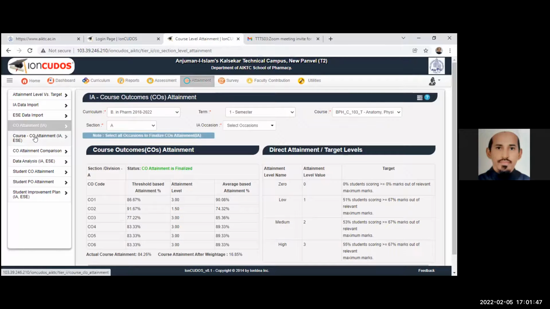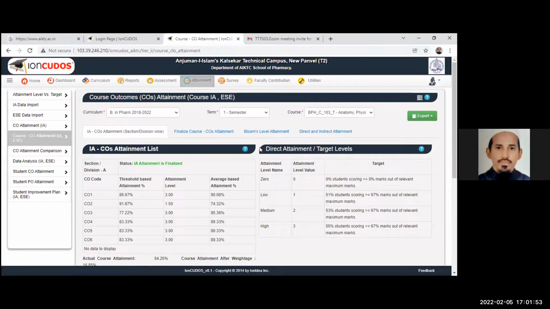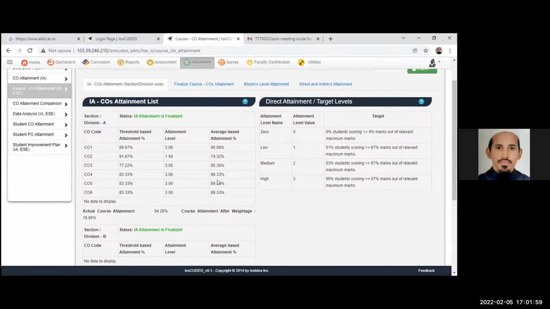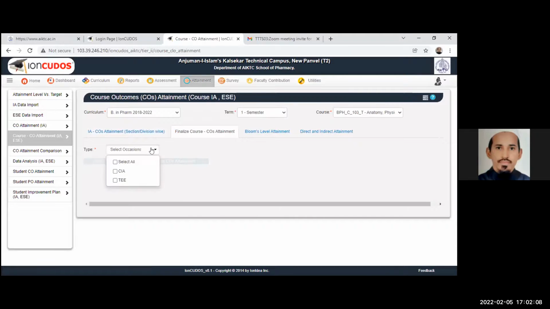Then you can calculate CO attainment and PO attainment. See, this is CO attainment calculation. Now in CO attainment also you can select here end semester. See, you can select the occasion, internal assessment.